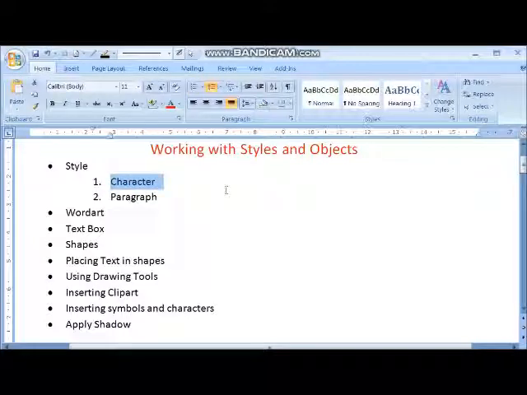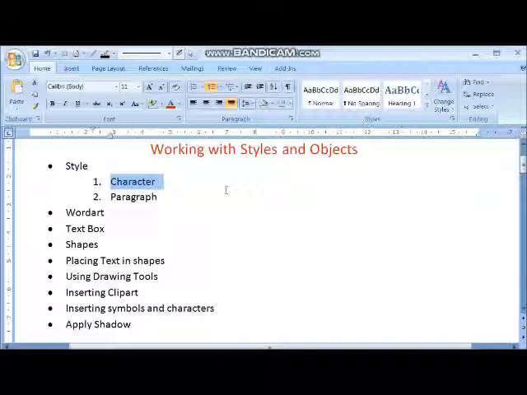Character style will be applied only to the text, and paragraph style will be applied to your whole paragraph. Character style means you are changing the font color, font size, font name, everything comes under your character style. But when it comes to alignment, what are you going to align? You are going to align the paragraph, so that comes under your paragraph style.